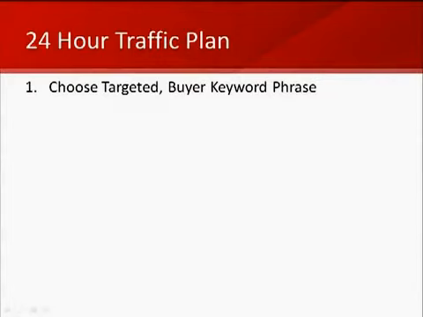The main focus here is to narrow down on a targeted buyer keyword phrase that's related to your niche. I'm going to show you on the screen how to do that, but you can use the AdWords keyword tool, and you just type in the root domain name. For example, if you are a business in Tulsa, Oklahoma, you might say Tulsa chiropractors, and see what kind of keyword options come up that way.